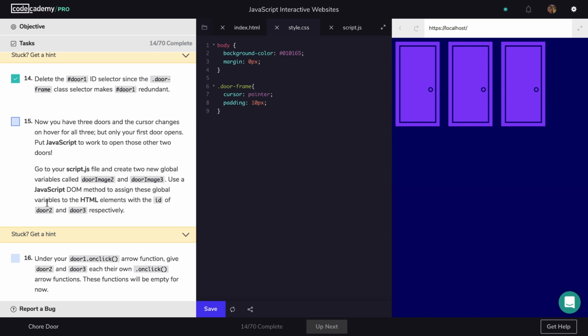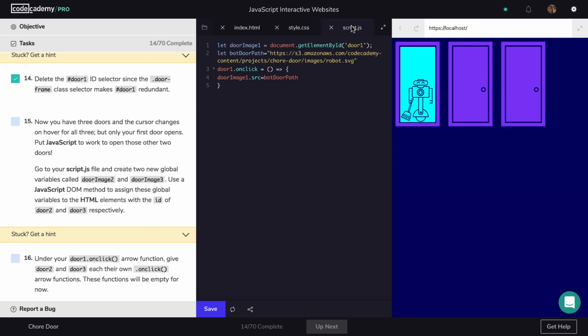Now that we've put our JavaScript to work for door 1, we do not have any actions taking place for door 2 and door 3. Let's start to work on this. We come to script.js, and we are going to create our global variables for door image 2 and door image 3. We come after our first global variable of let door image 1 equal. We hit return, and let's add the other two. We type the following. Let door image 2 equal document.getElementById('door2');